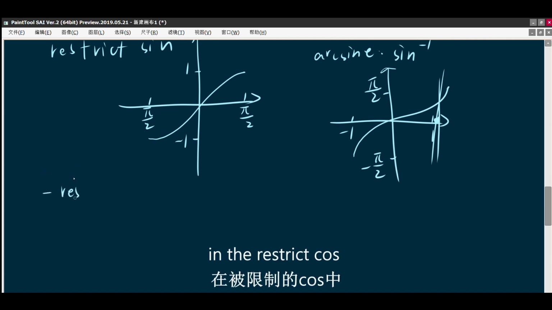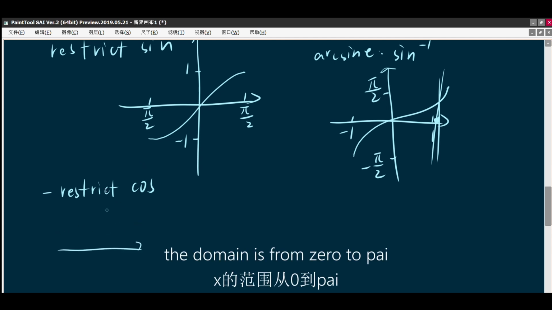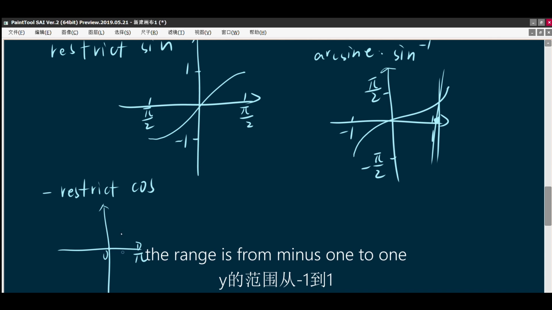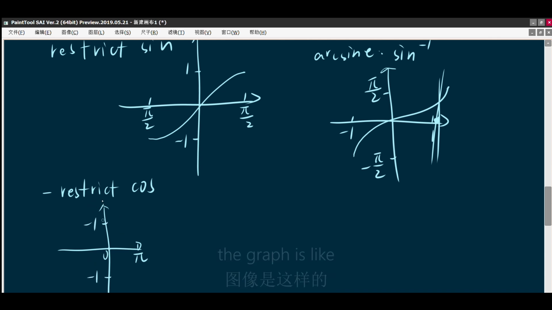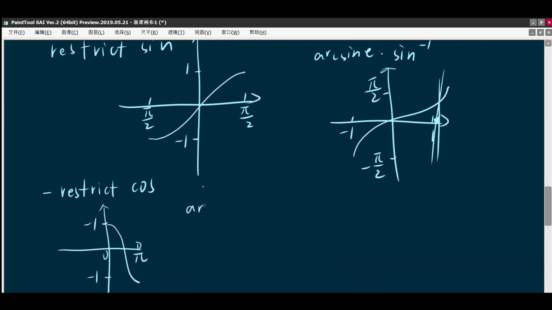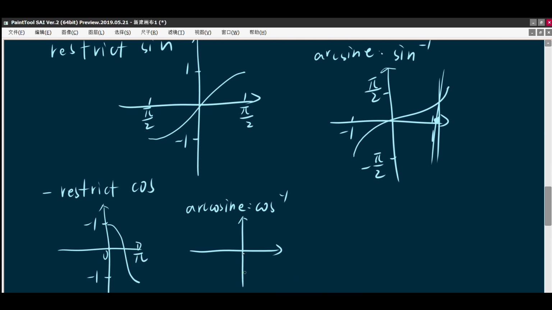in the restricted cosine, the domain is from 0 to pi. The range is from -1 to 1. The graph is like this. The arccosine is the inverse of restricted cosine. The domain and the range are opposite. The graph is like,